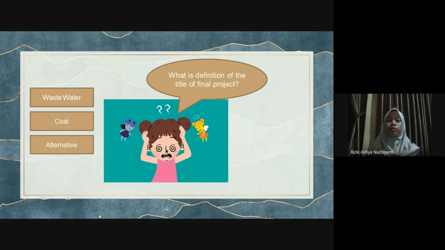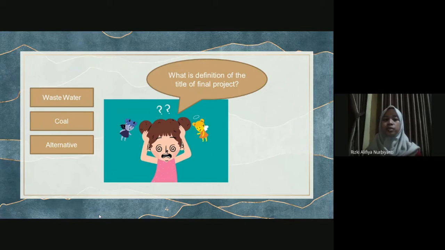For the first word, wastewater is any water that has been contaminated by human use. Wastewater is used water from any combination of domestic, industrial, commercial, or agricultural activities, surface runoff or stormwater, and then any sewer inflow or sewer infiltration.